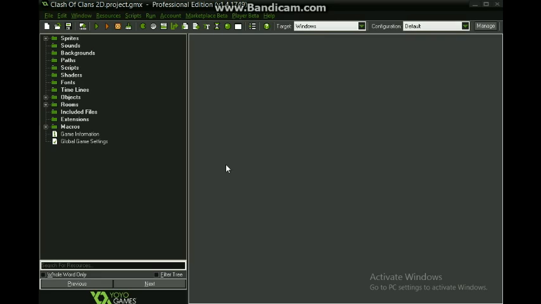So I put it in Game Maker Studio, but it will work in Game Maker 8. I will just put all the Game Maker 8 functions so you can follow along. But if you have a problem, go to the comments below and I will solve it. So okay, let's do this.